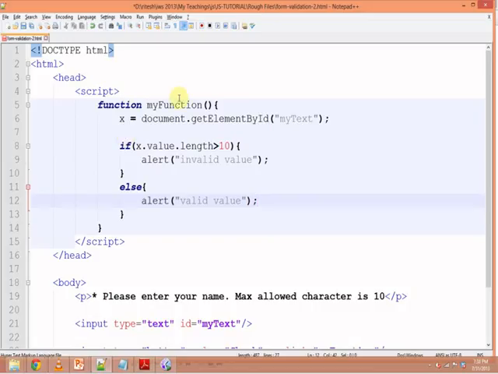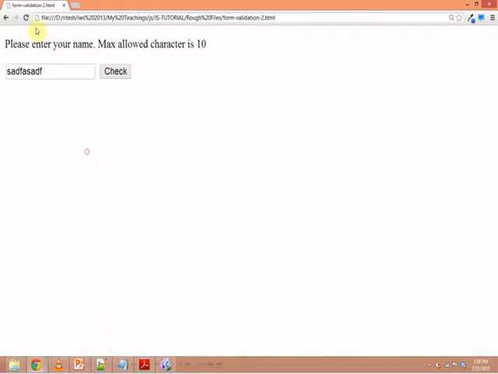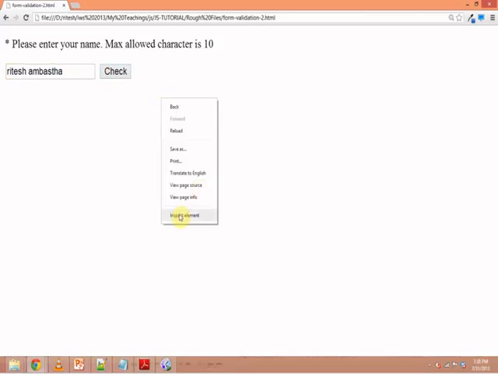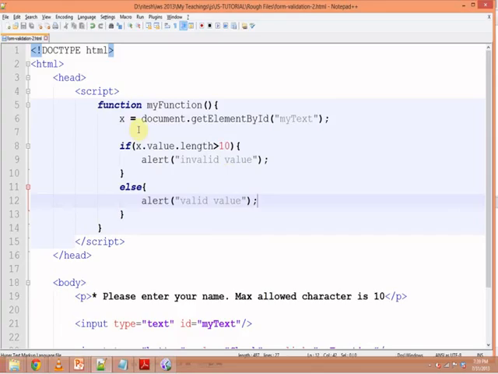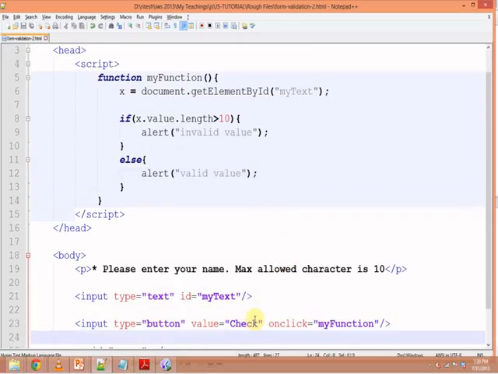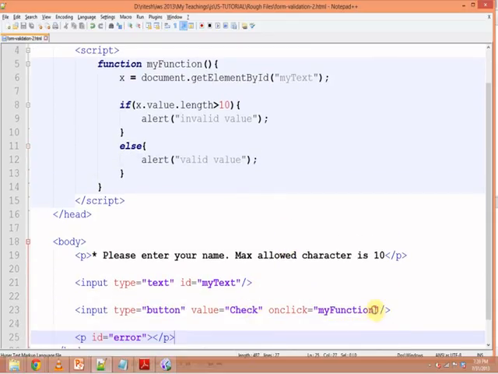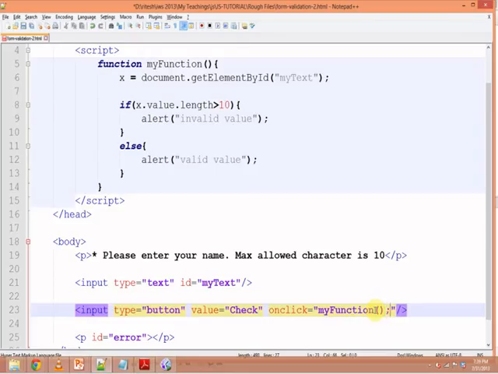Right? This is what we have already seen in our previous example. Here also if I write something, let's say my full name, we'll check. Oh, it is not working. Do you know what the error is? You need to identify in my code that there is an error. Where is that error? Find it out. Can you find that out? Here it is: the parenthesis and a semicolon.